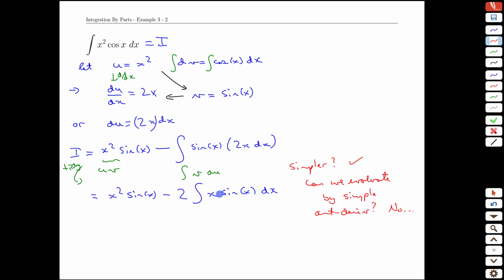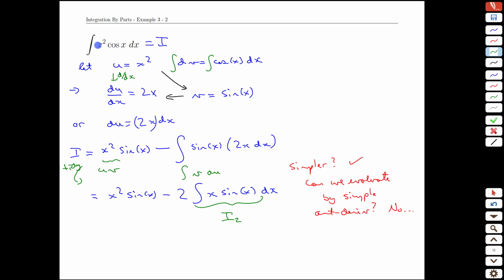So where does that leave us? Well, it leaves us faced with a new integral. Let's call this here I2, but it is a perfect candidate for integration by parts again. We have x times sine of x. If we pick our u and dv, I think we can get this down to a new integral that's just